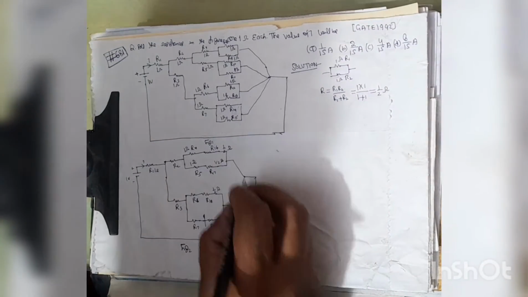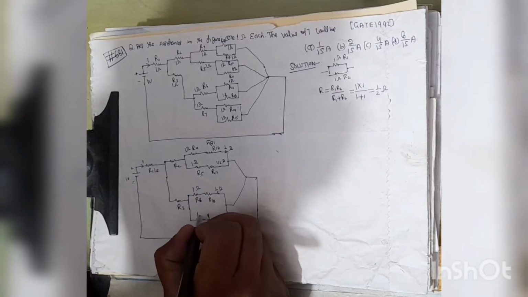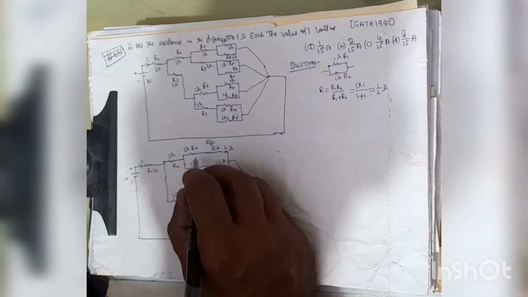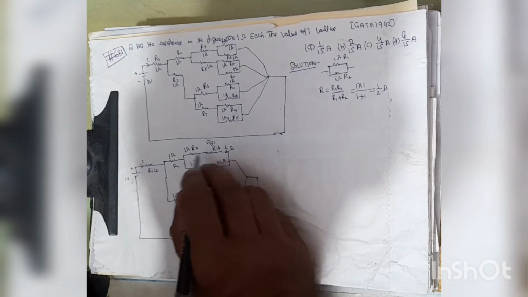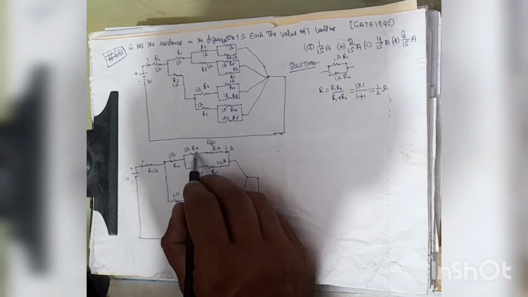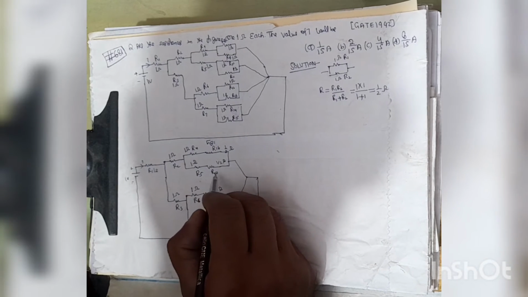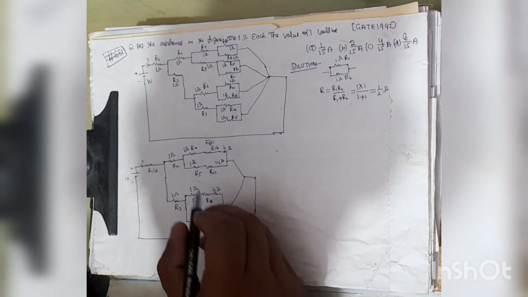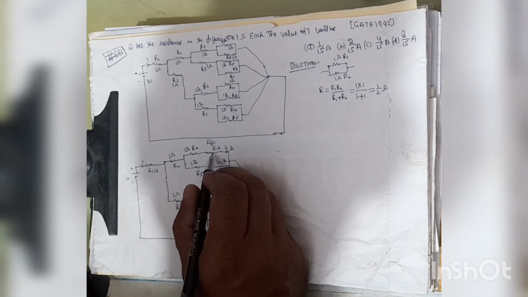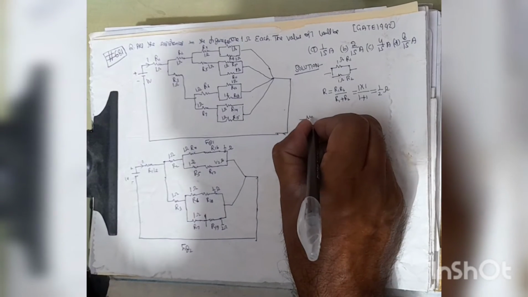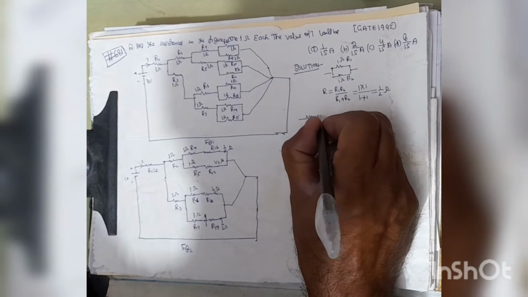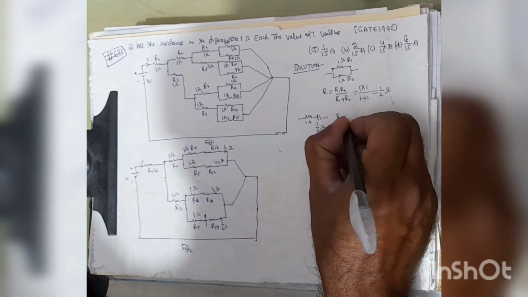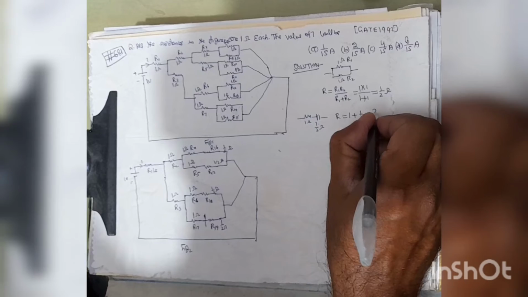Now this is 1 ohm, this is 1 ohm, this is 1 ohm, and this is 1 ohm. Now the series combination of R4 and R16, as well as R5 and R17, as well as R6 and R18, as well as R7 and R19, each are 1 ohm and half ohm resistance in series. So when 1 ohm and half ohm resistance are in series, the equivalent resistance R will be 1 plus half, which is 3 upon 2 ohm.